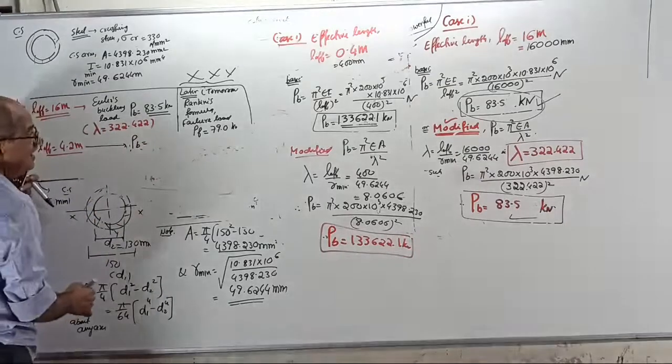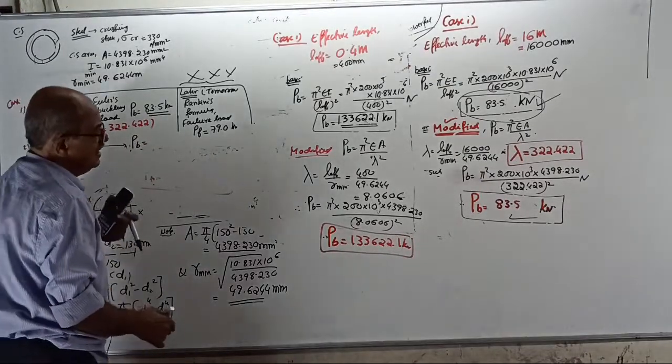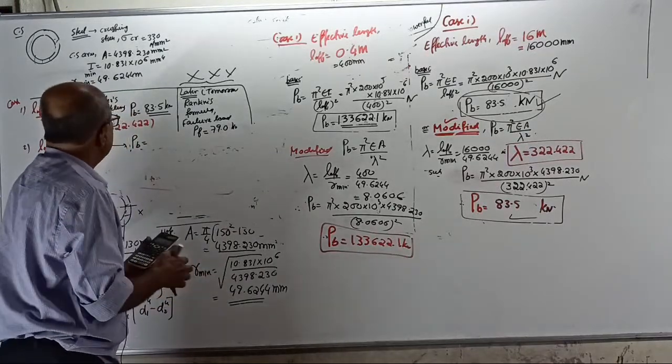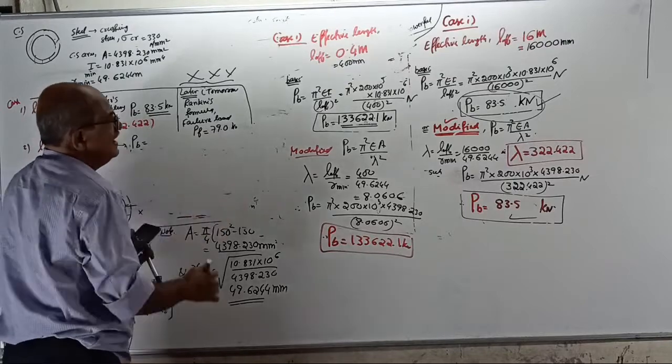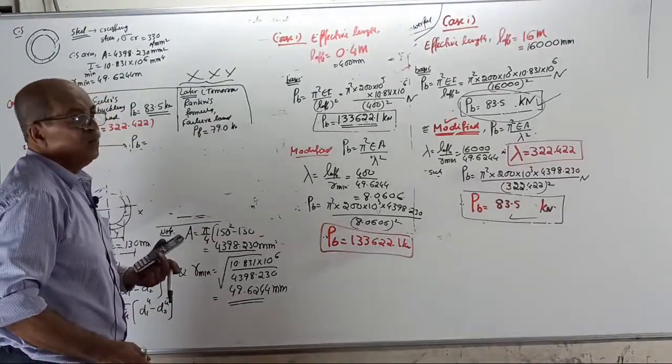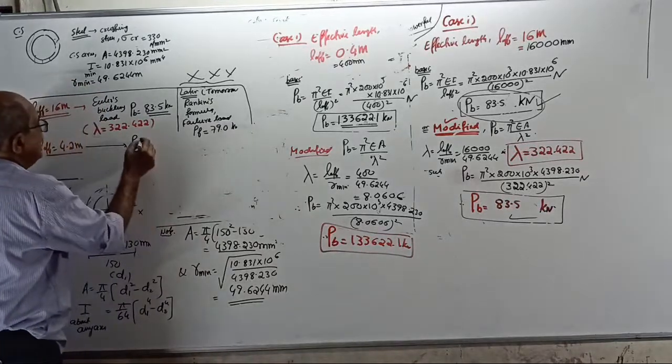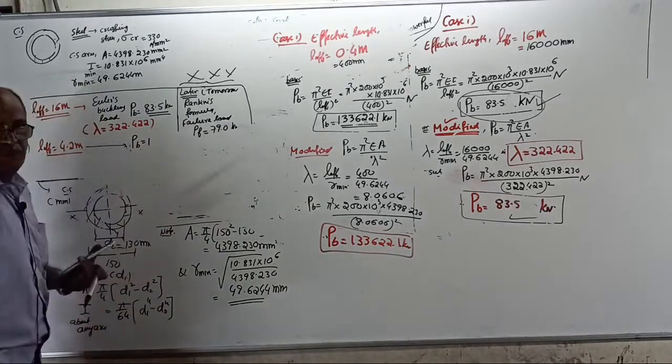Is the answer? I rubbed it actually. Where is that answer? Oh, I fully rubbed it. Why should I calculate once again? Anybody can tell the answer? Second time came 1000. Euler's buckling load came 1000. How much answer? Tell me.